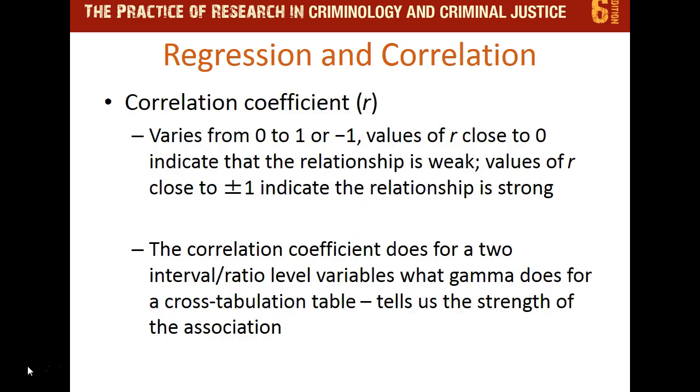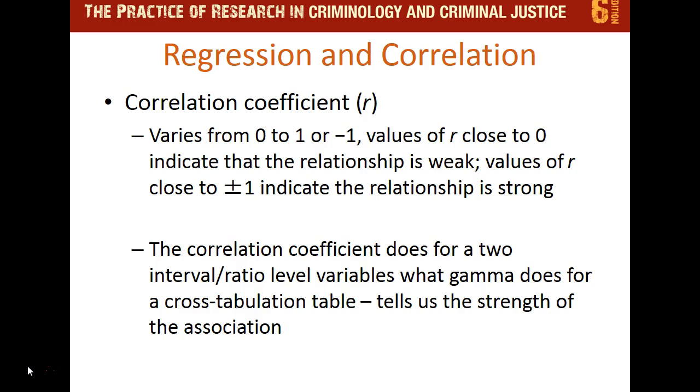And our correlation coefficient, as I mentioned earlier, are R values. You'll see this even within the meta-analysis. You see the R values, but you're looking at it from 0 to 1 or -1. So those values that are closer to 0, whether they're negative or positive, the relationship is weak. And so the values of R that are closer to positive or -1 indicate a strong relationship. And when you're looking at those negative and positive, it all depends on how you have set your R values